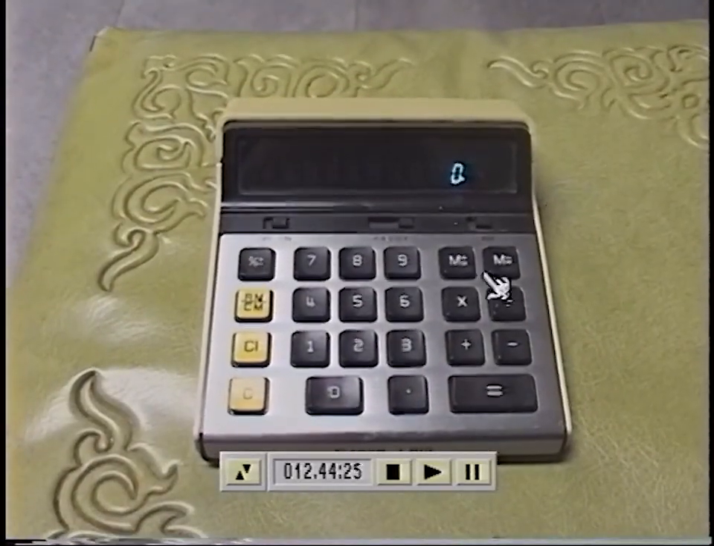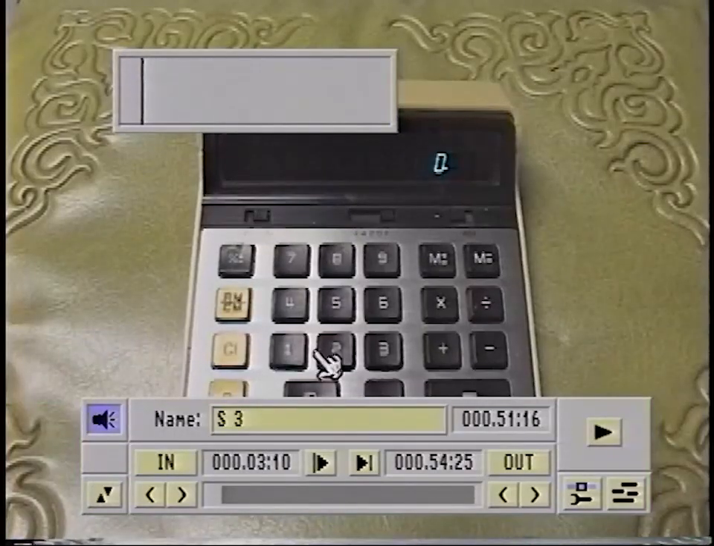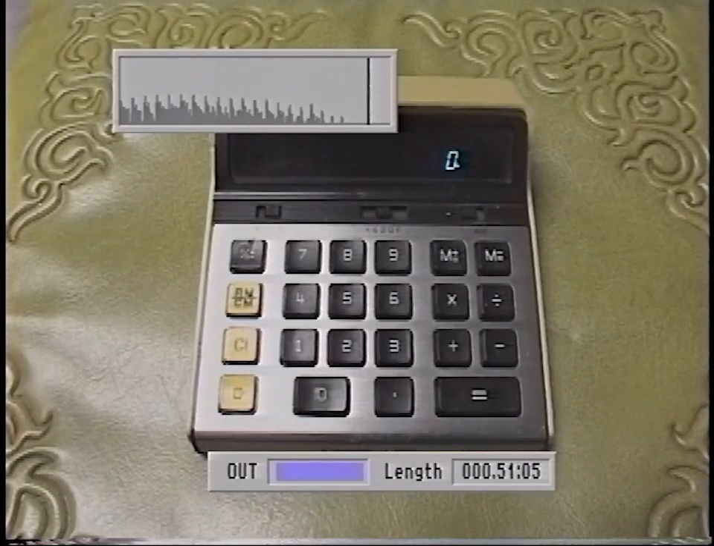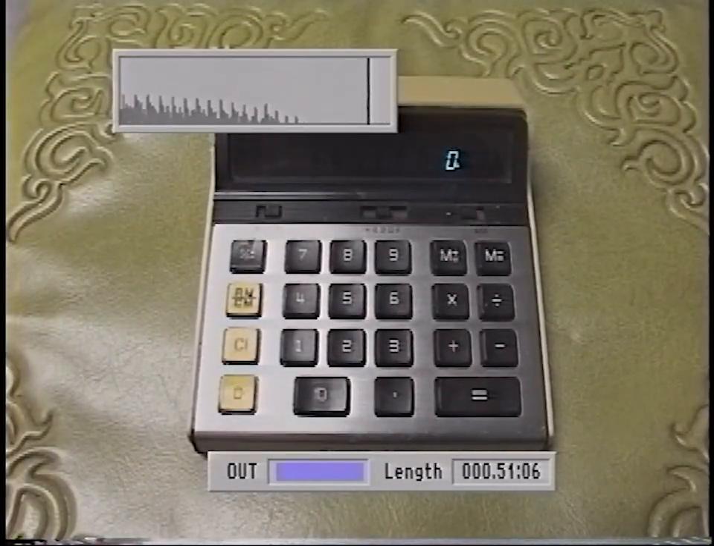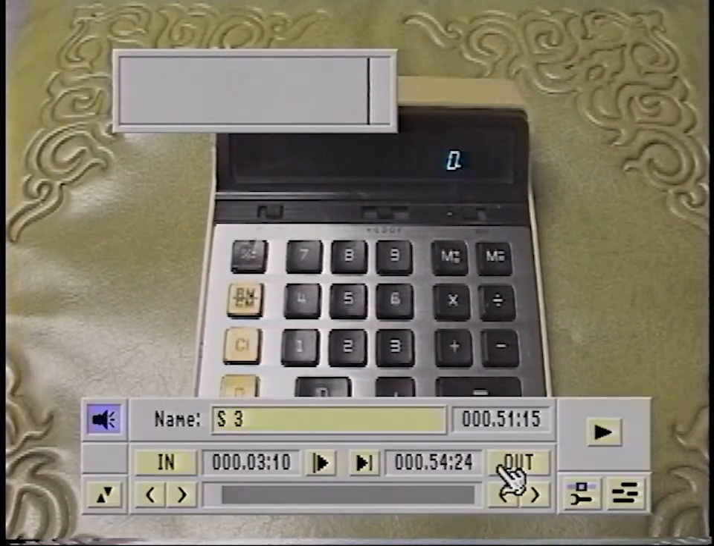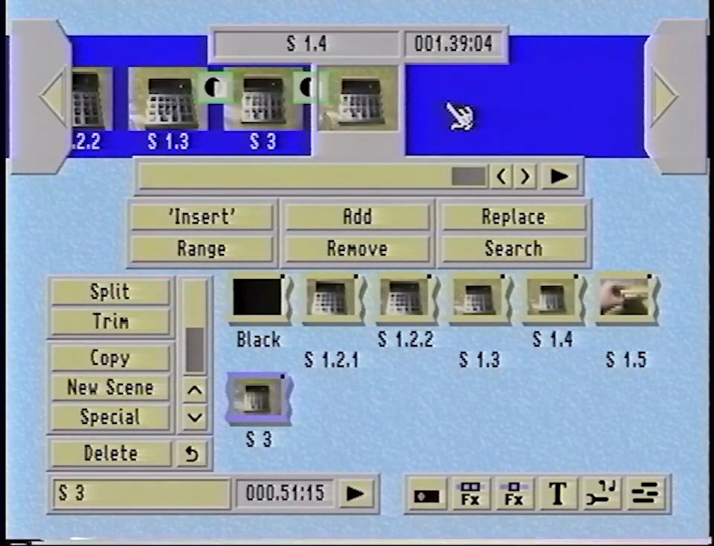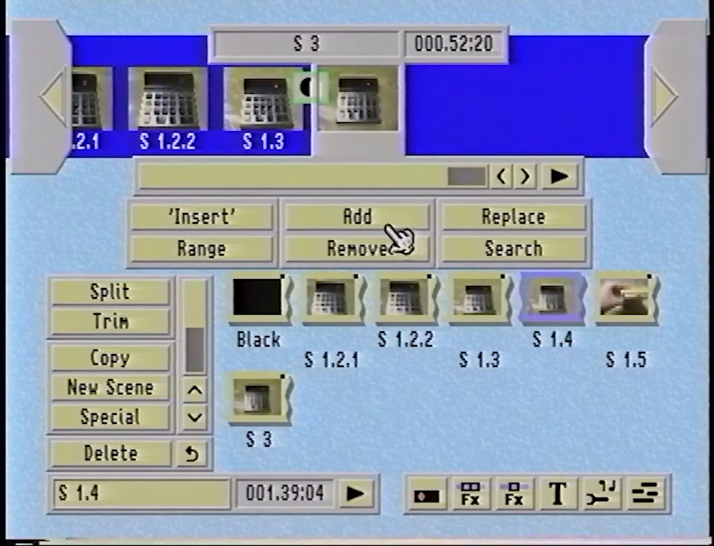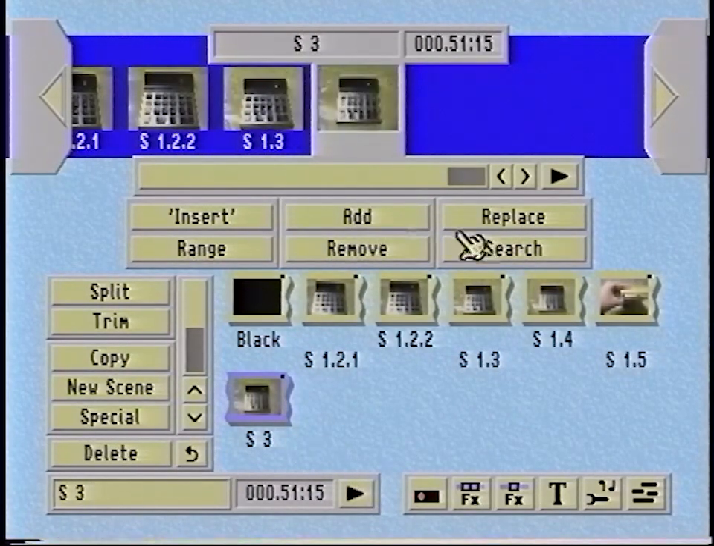Did it not actually trim off the end of that? Let's go back to the trim function. Out. Okay, so if I do that, maybe I have to re-add it. So if I remove, add,